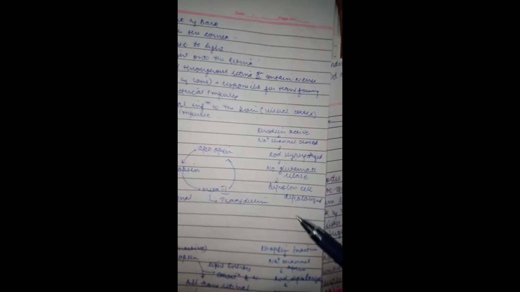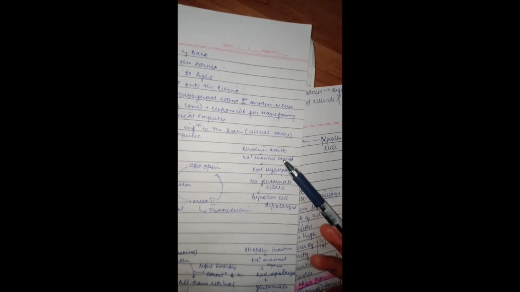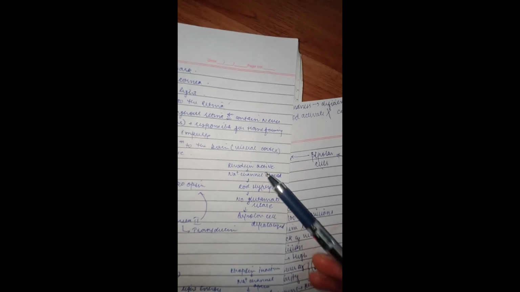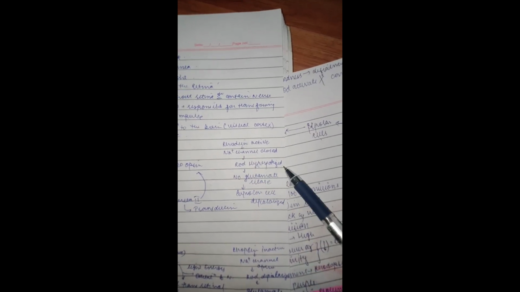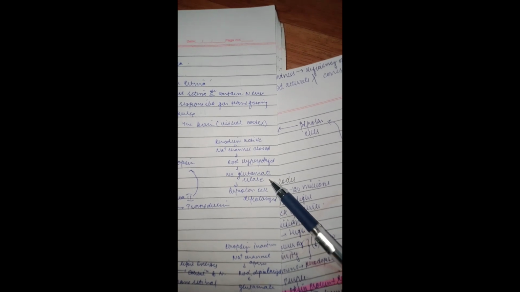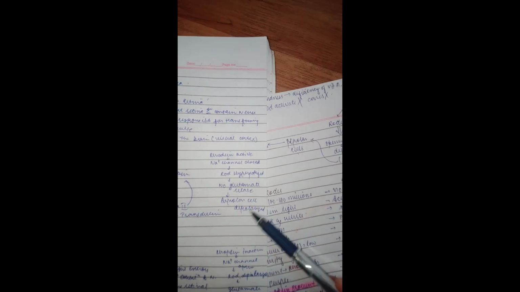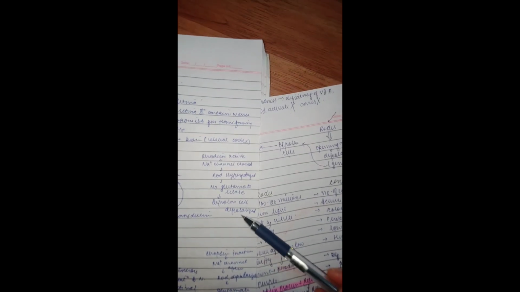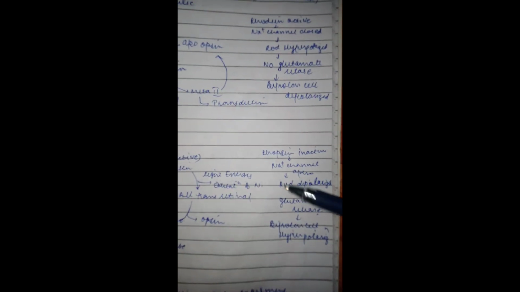First, in a bright vision, the rhodopsin protein will activate, which will cause the sodium channel to close. So the rods will hyperpolarize and no glutamate release will occur to the bipolar cells, so the bipolar cells are depolarized. So this will occur in bright vision, but in dark adaptation,